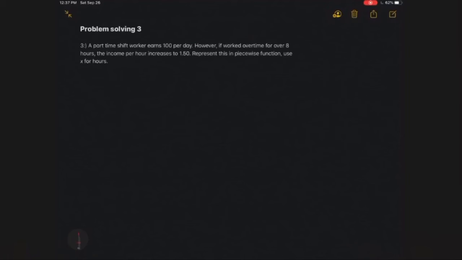So I'm going to write here first an open parenthesis, since there are only two subfunctions. f(x): if 0 is less than x, and x is less than or equal to 8 hours, then it would be 100. However, if x is greater than 8, then it would be this: 100